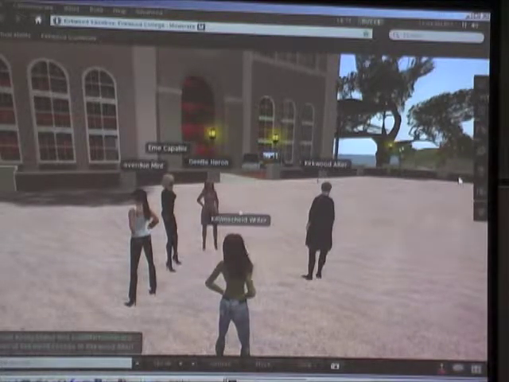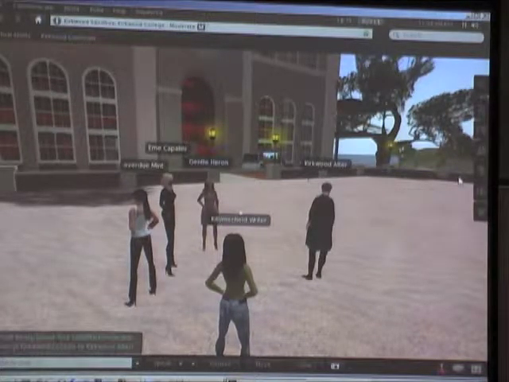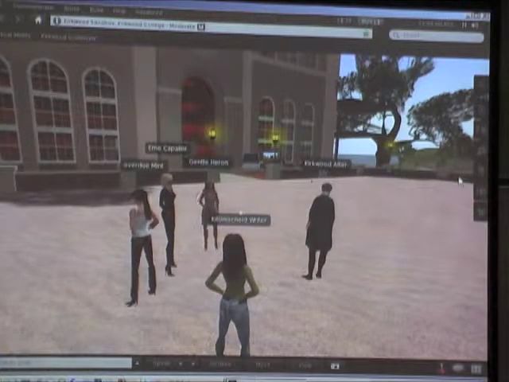So let's just start with the back. I'm Clay Fairbrother. I'm the Rehabilitation Services Director here at Kirkwood. I work with Learning Services, and my experience with Second Life is zero.